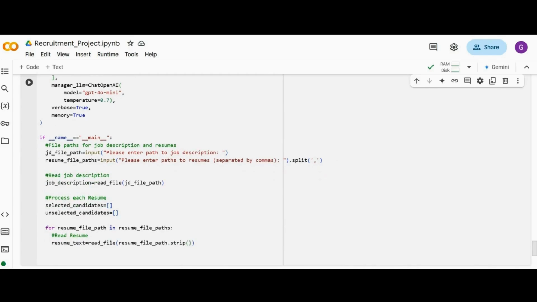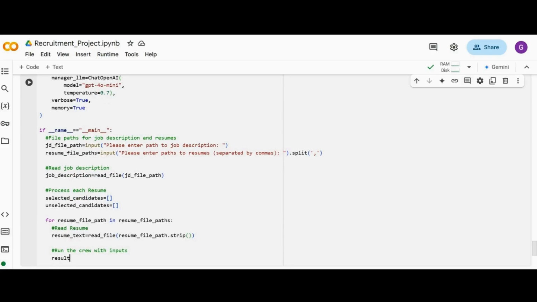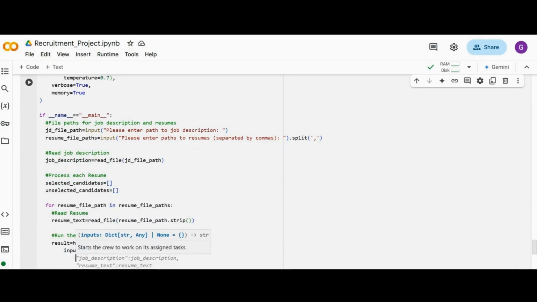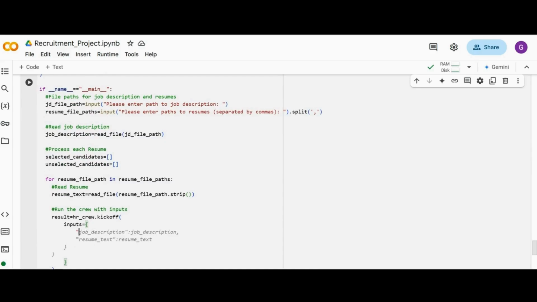We will just strip any of the extra spaces, and then we will run our crew using the kickoff function and enter our inputs, which are for job description and resume text. We are defining these variables here because we have used these variables in the tasks above, so we will just define them here. And then